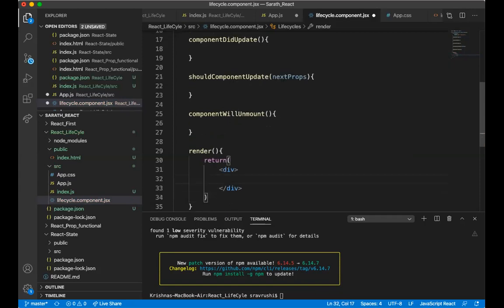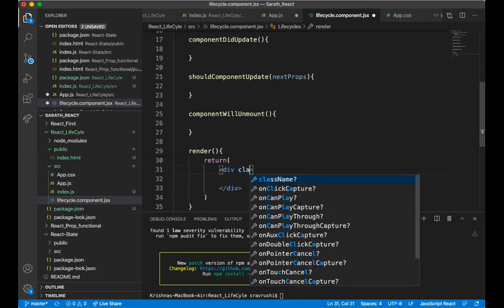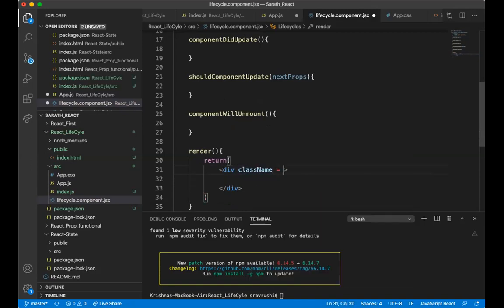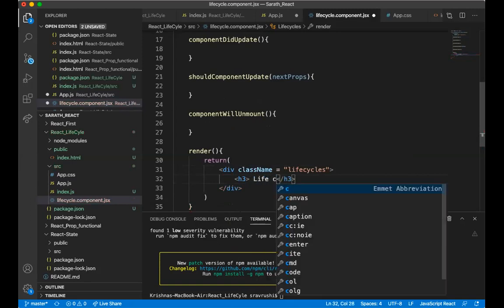So likewise, if I am taking some class name, this is the one I created over there. Margin top 20 is there, no? Life cycles. And here I am taking some h3 value, life cycle components.